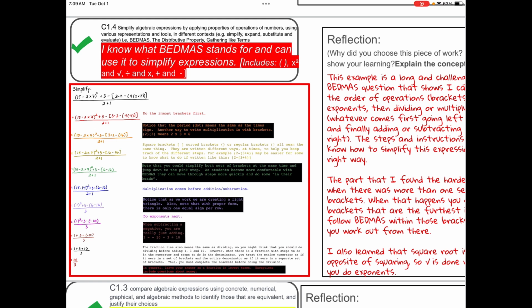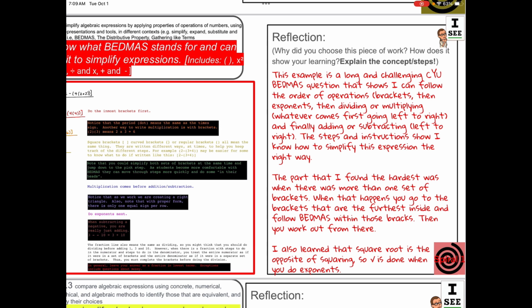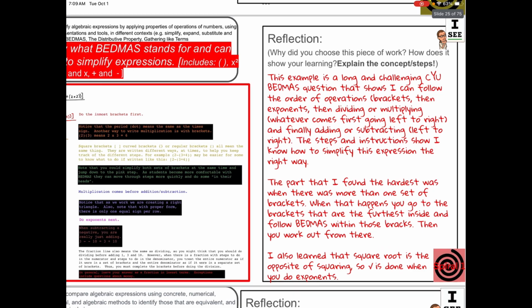Things like exponents might have questions that are pretty small, so you might need to include a few different questions, but as you can see, this is a pretty long question, so one does the trick here. So you have an example of the question, you show your work on the left, and then on the right, you are explaining the steps as to how BEDMAS works. Now this one has a lot of explanation on the left as well, but under the reflection, it says,